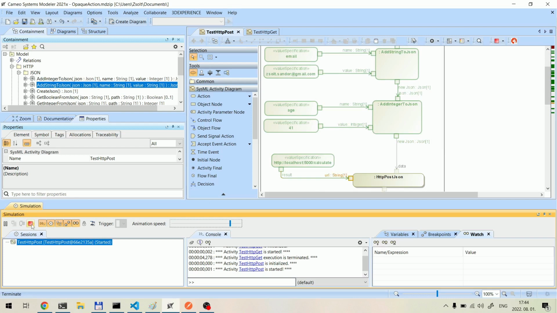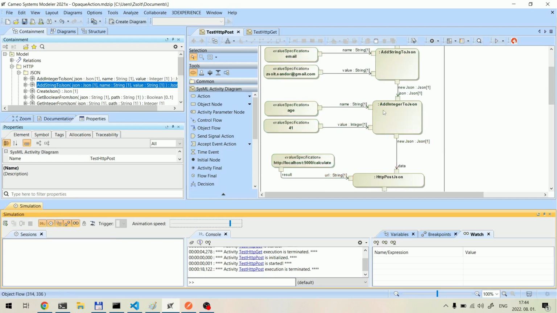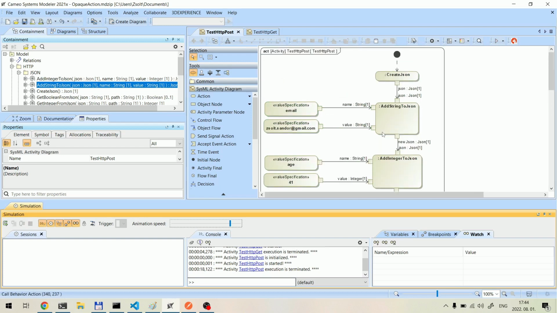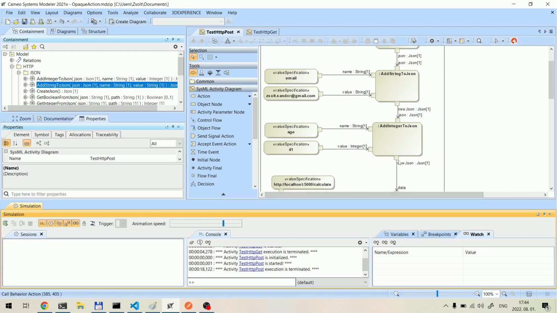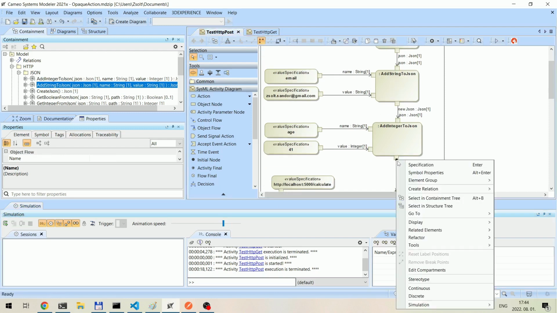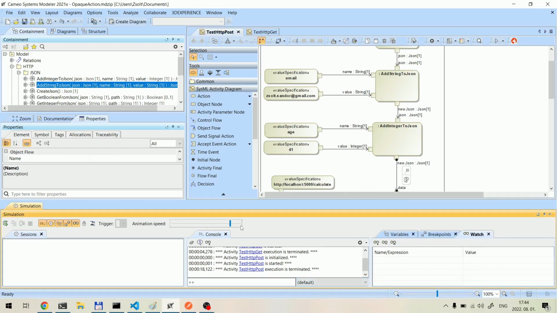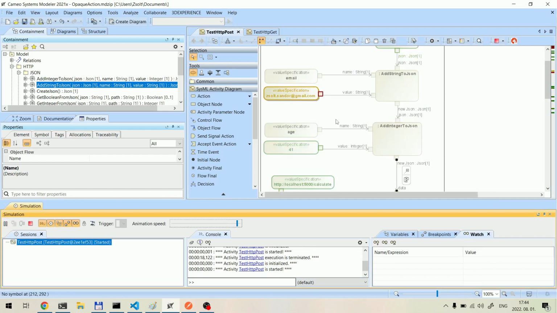I will stop here, and here the result was also a JSON, an extended JSON. So step by step we extend the JSON file. I will probably put a breakpoint here, so we don't have to wait for it. I can speed it up a little bit, and I will restore this whole thing. So it calculates, and yes,